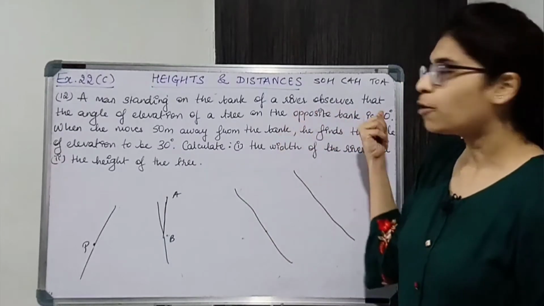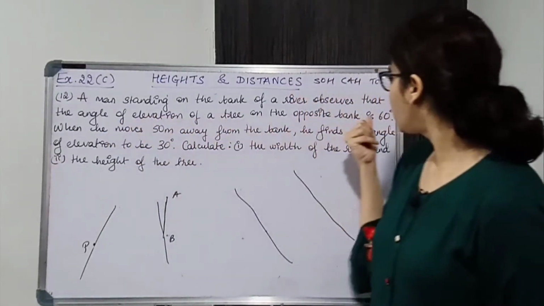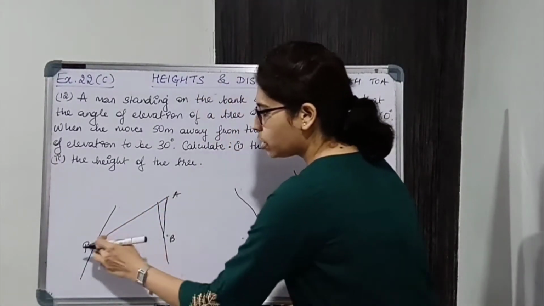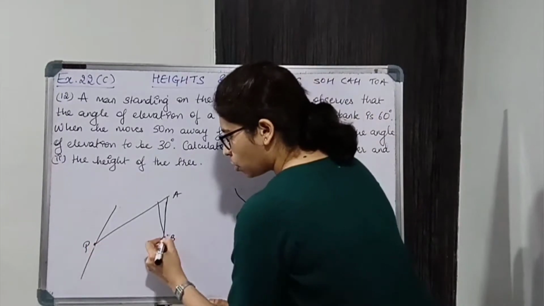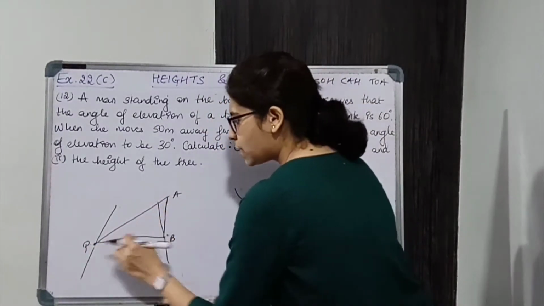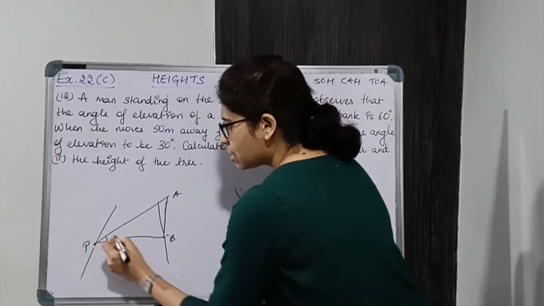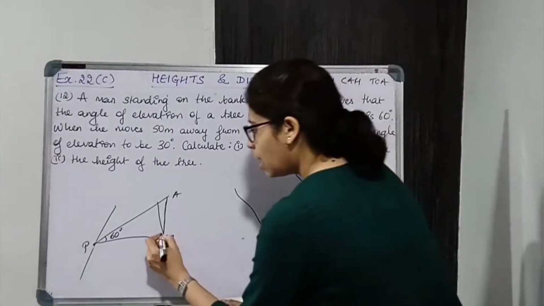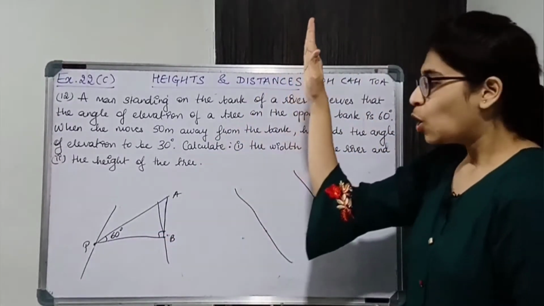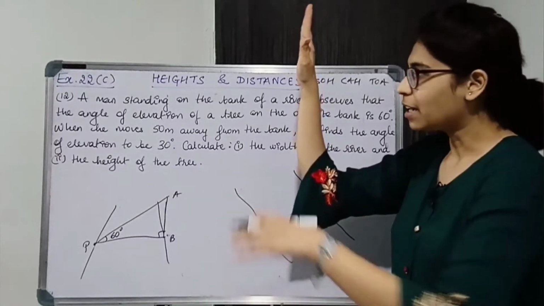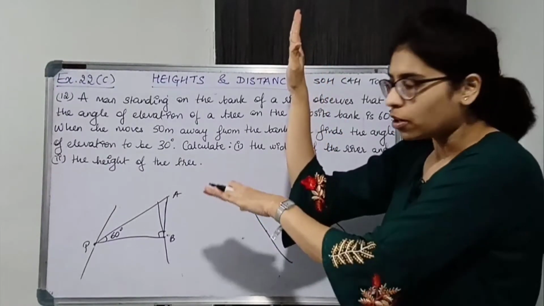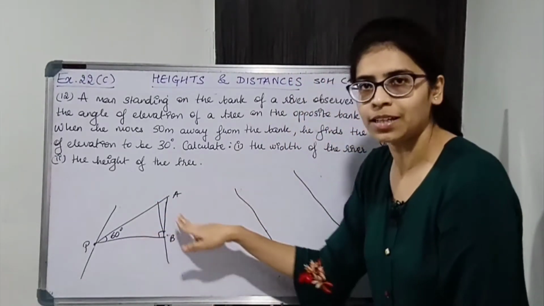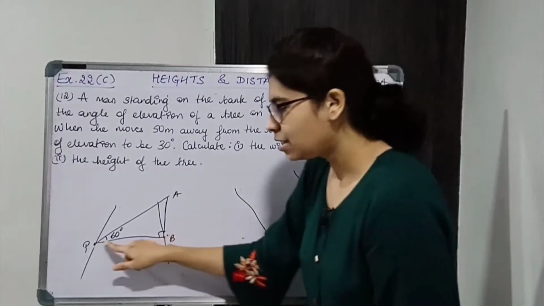Now he is observing the top of the tree. So top of the tree का elevation दिया हुआ है, it is 60 degrees. ठीक है. So यहाँ से he is looking at the top of the tree. So this is line of sight and this will be the horizontal. Correct. Line of sight and horizontal के बीच का angle is the angle of elevation, that is 60 degrees, that is given to us. ठीक है. Now tree is like this, water ऐसे flow हो रहा है, river ऐसे है, tree ऐसे है. So water surface is horizontal and tree is vertical. So angle क्या हो जाएगा? 90 degrees हो जाएगा. ठीक है. So it is 90 degrees.